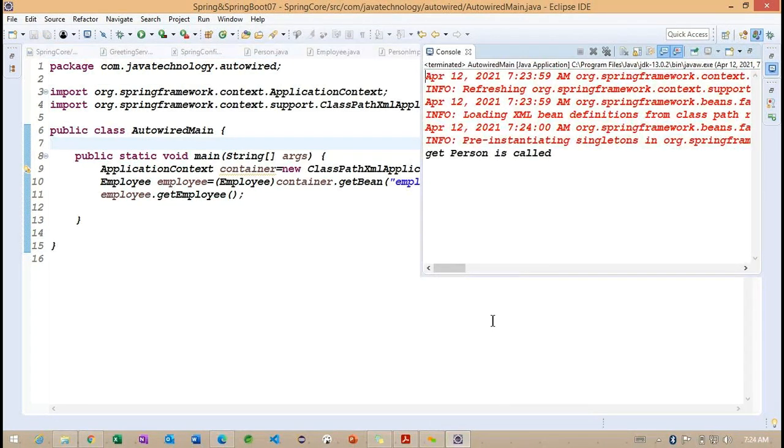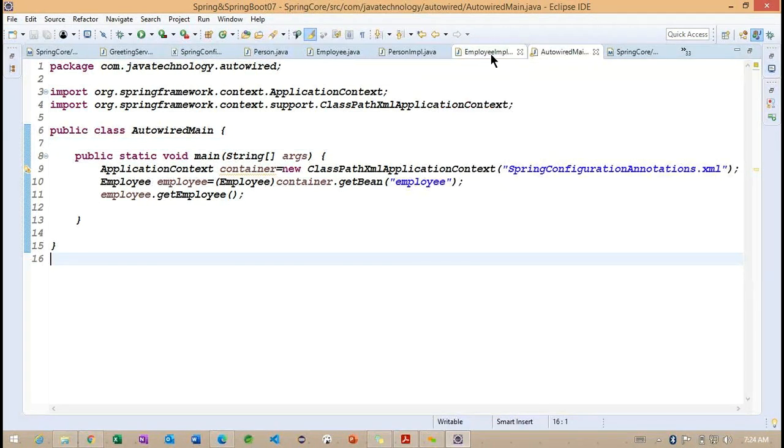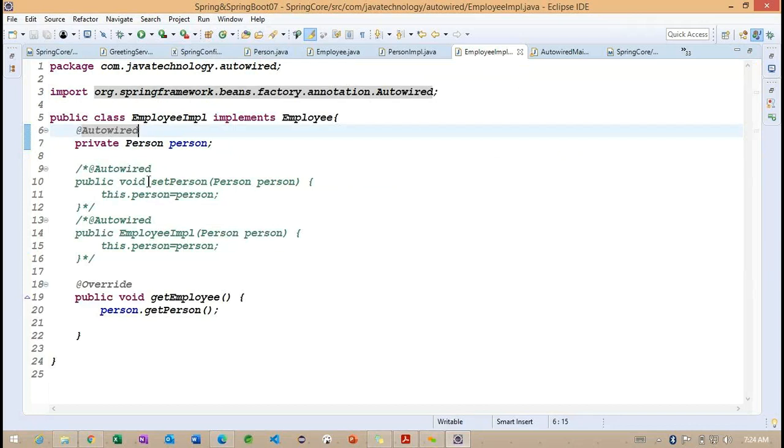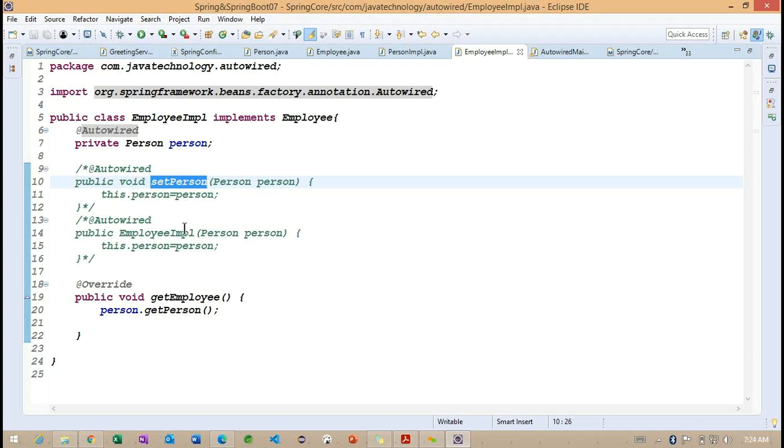The same example I'm going to run. Now you can see it is working on top of this particular property. Getting the point. So I'm going to specify one more way. Previously we checked with the setter injection. Here, based on this particular property, we are going to define the method. Whenever we work with this annotation, we get an advantage: we don't want to write the particular name of the setter method here.